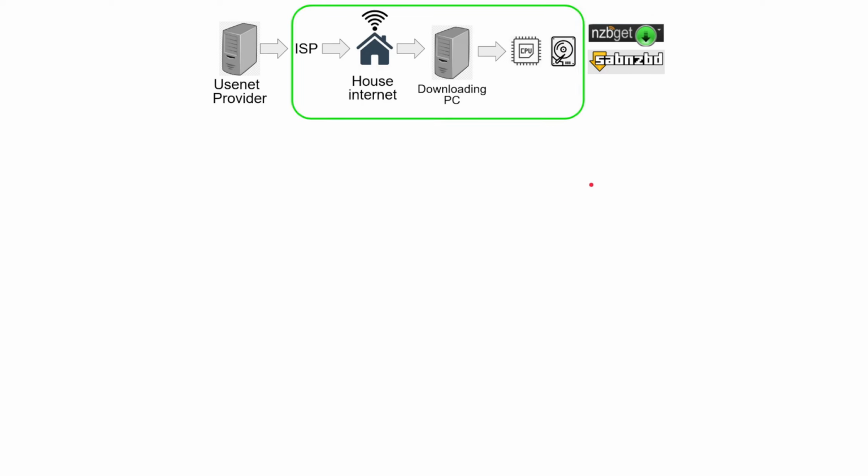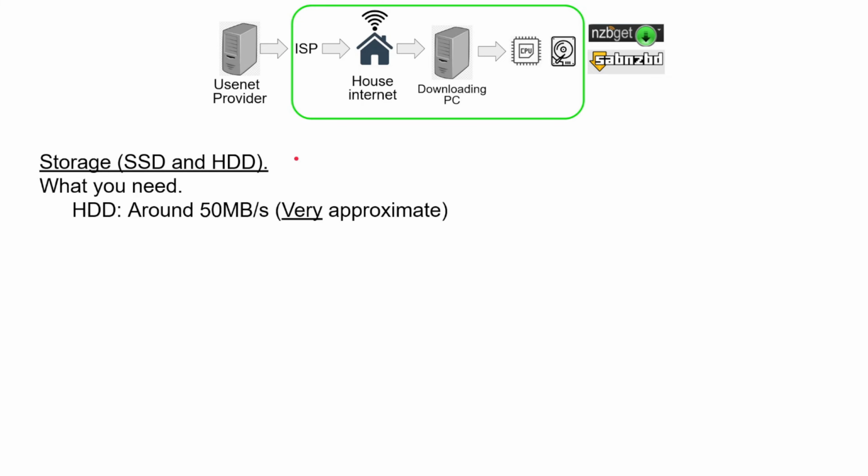For the next slide, I'm going to talk about more of this part. This is going to be an entire chunk of the process because all of this can be tested using one benchmark software, which I will show you. So the first one is storage, SSDs and hard drives. You have to understand that this can be one of your limiting factors when you download. This actually happened to me on one of my servers,